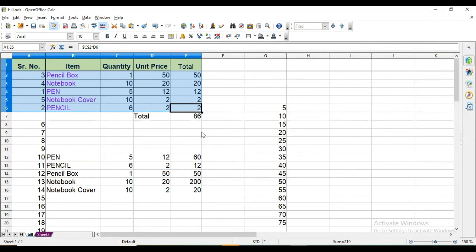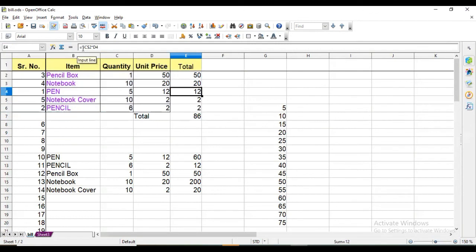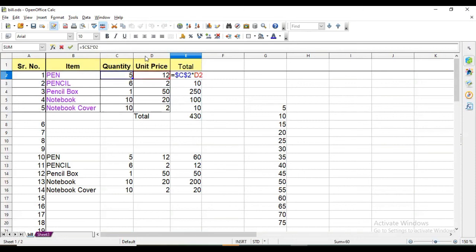Now you can see this. In Total, we have used an absolute address, so these values are getting changed. So first of all I am changing this to a relative reference, that is, I am removing the dollar from here.